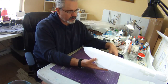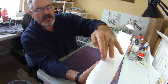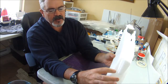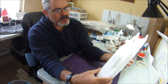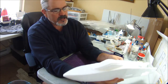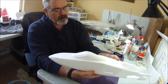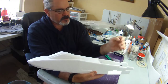Essentially, you can see you've got all these grooves here with fairly rough or sharp edges. This causes quite a bit of drag, and even removing a little bit of weight helps make the plane lighter as well. I really only do this on the fuselage. I do about from here forward on the bottom, and then all the way back, towards the latter stages of the build, when I have the electronics bay door on,